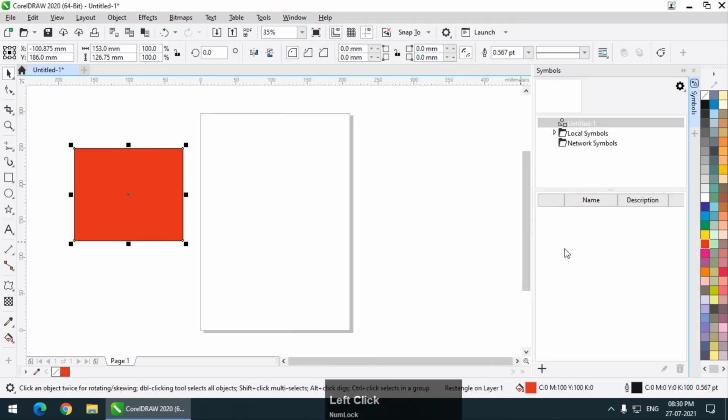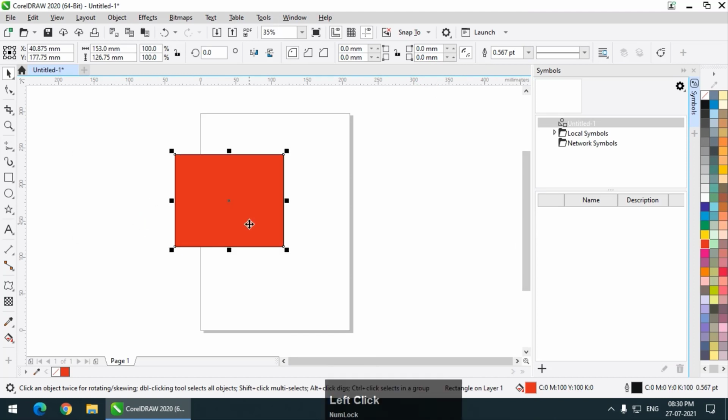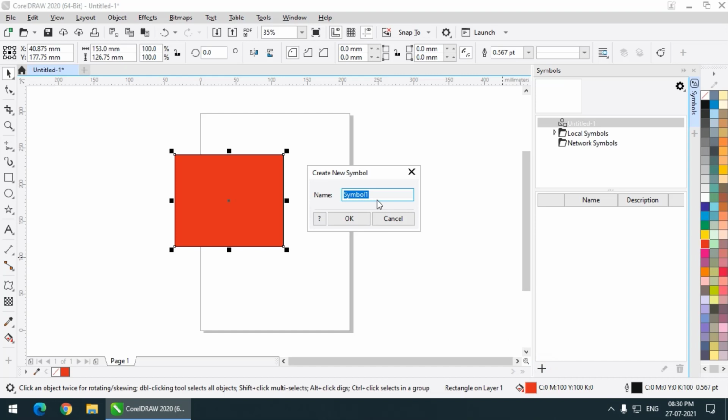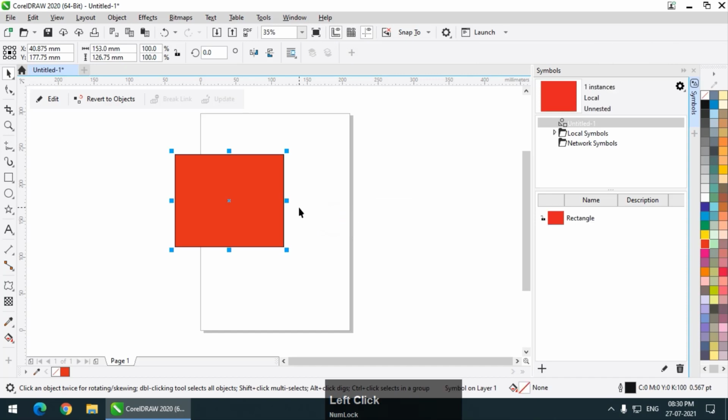So this is basically the symbol docker. If I want to convert this particular shape into a symbol, I have to click on this plus mark, New Symbol. I can name this anything. Let's say I'll name it rectangle. Okay, so this is now a symbol.